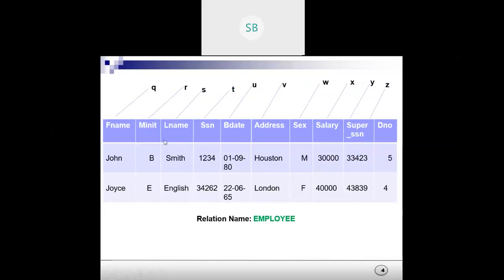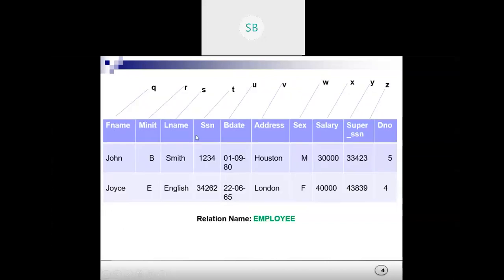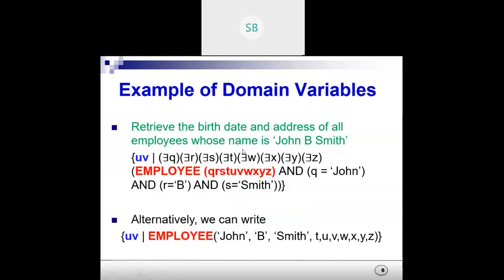So except for birth date and address, you are referring to all the variables till Z, whether it's first name, middle name, or last name.